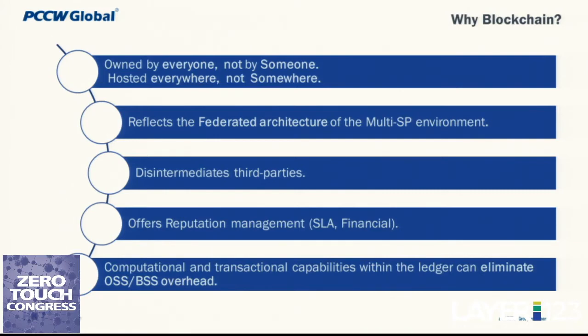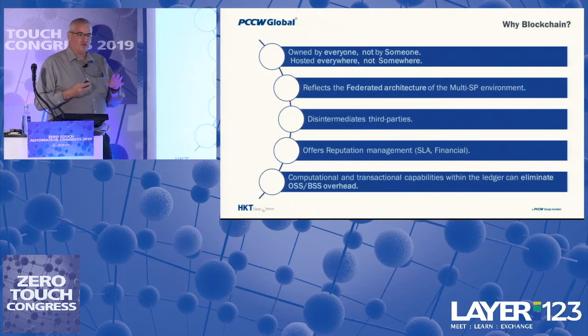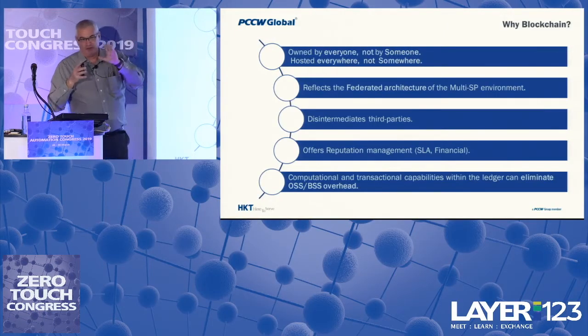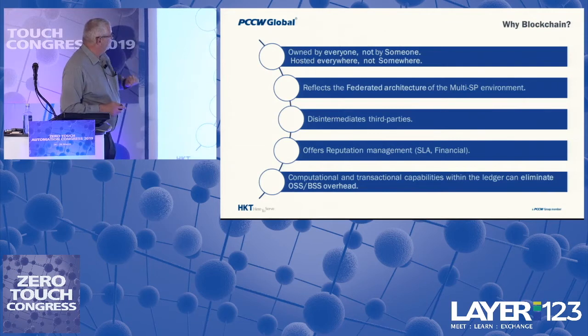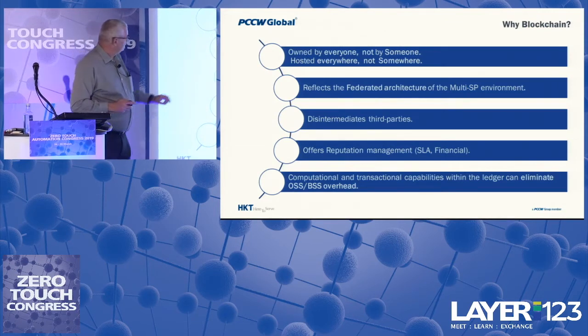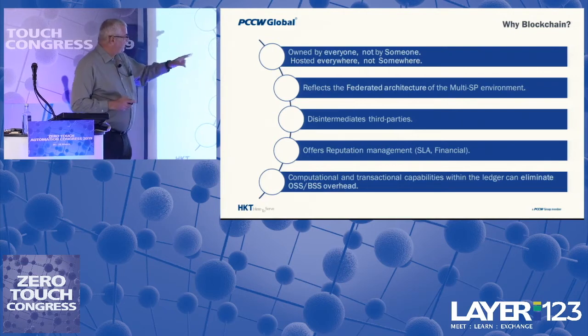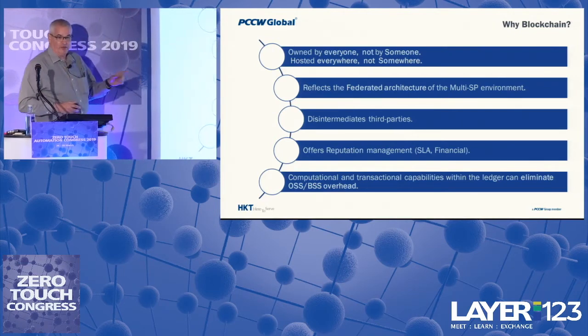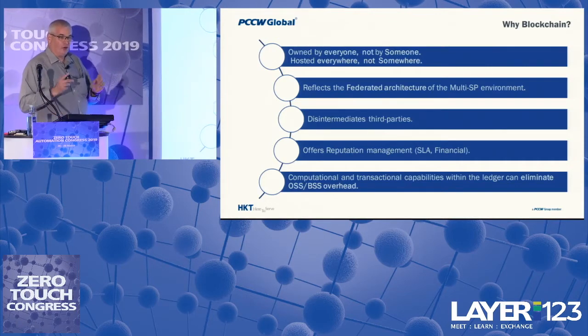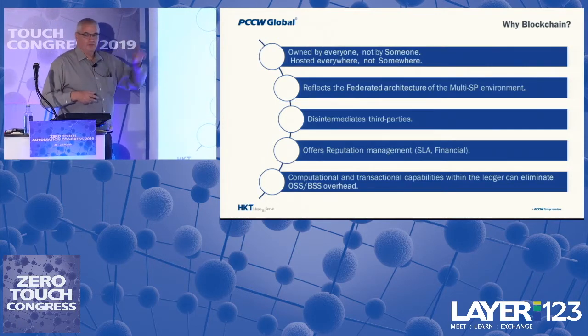So if we want to carry data that is shared between carriers but still retains anonymity and is not controlled by a third party which might be biased, then we turn to solutions such as blockchain. So it is owned by everyone, not by someone. It is located everywhere, not somewhere. It's the federated architecture of the multi-SP environment. It disintermediates third parties. So we're no longer reliant on